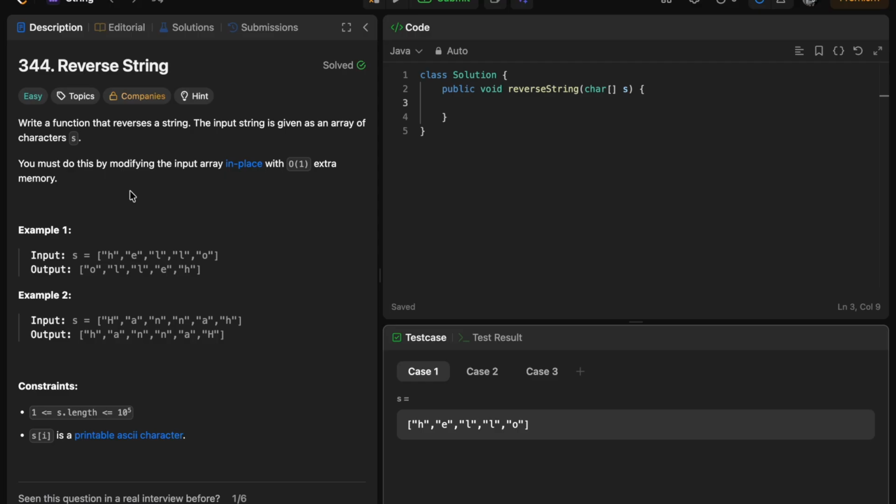So we can have 2 or 3 variables that should be constant, but we can't make it dependent on the array length of the string. So that means we can't have another array in this, and they have already stated that we need to do it in place. So example 1 says that hello, if we reverse it we get O L L E H. Similarly we reverse it and this is the output for that. Now